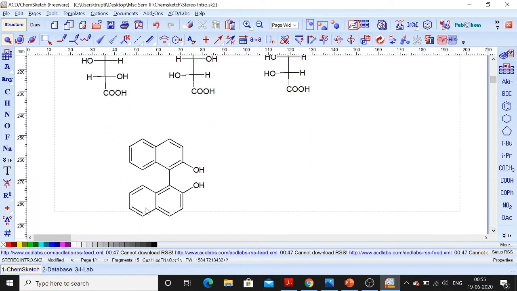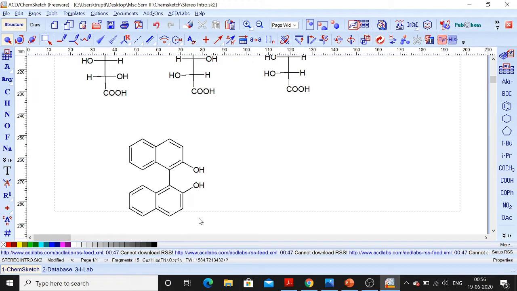All must be aware of this structure. This is called a BINOL. And if you remember, in your part 1, you have studied the R and S BINOL and how to assign the configuration also. That also you have studied. So everyone knows the BINOL is optically active. But if you analyze this structure, is there any chiral carbon atom present? No. So we can see this is one of the examples where the chiral carbon atom is absent,